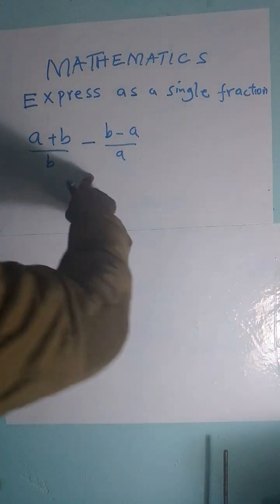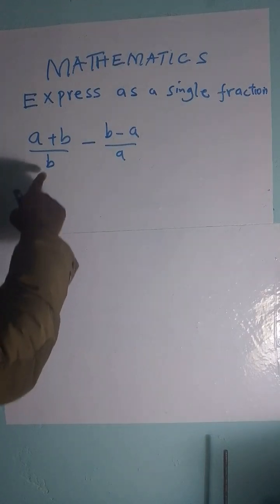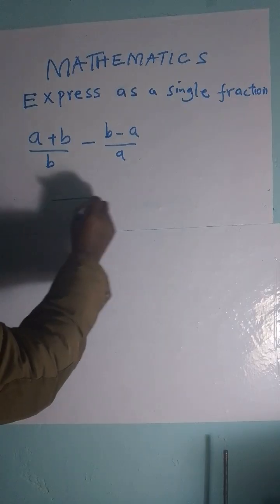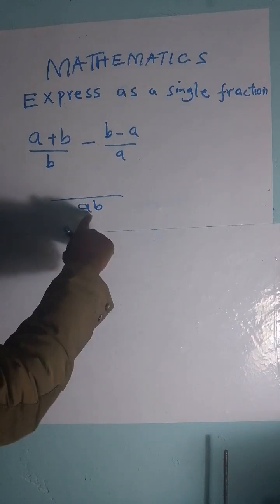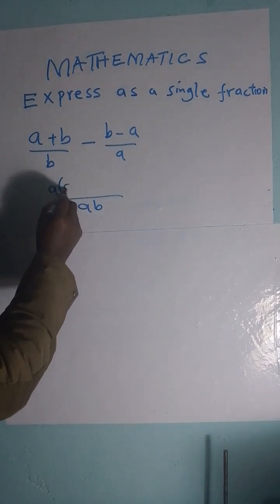Express this as a single fraction. So there are two ways we can do this. The normal way, we get the LCM, this times this, that is AB. The LCM is AB. B goes into AB a times, so it is A into A plus B,